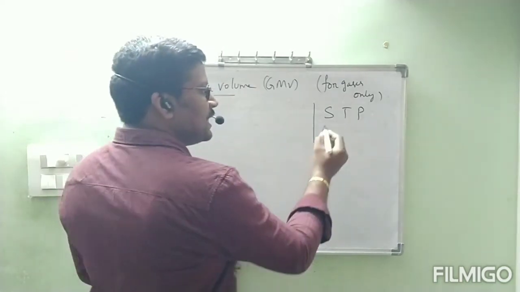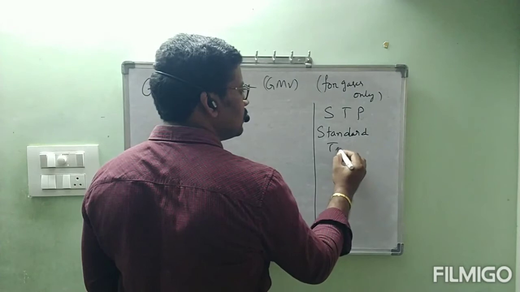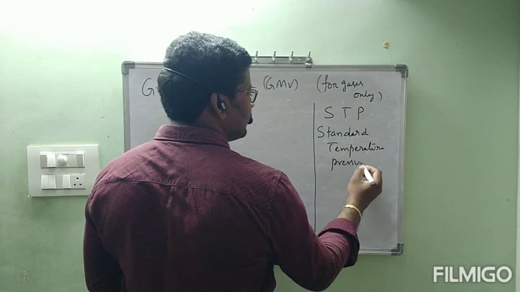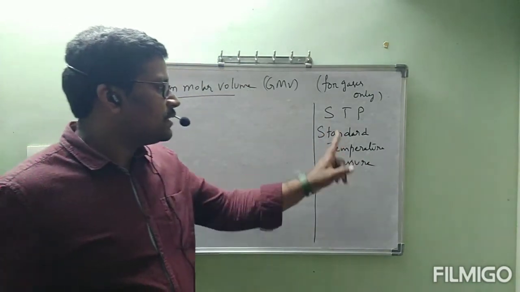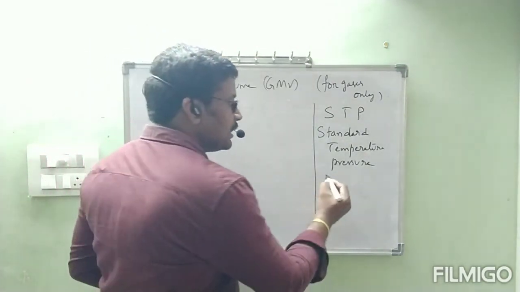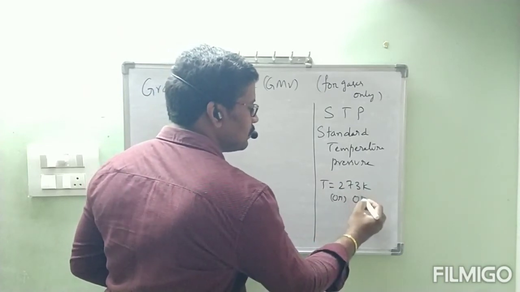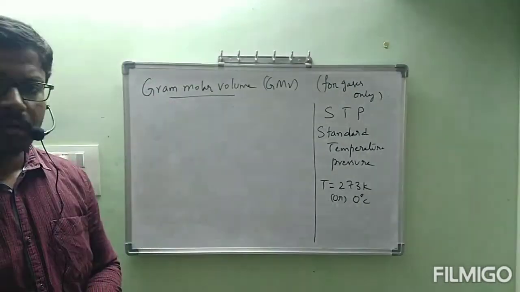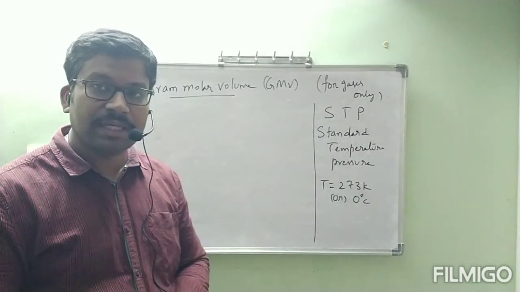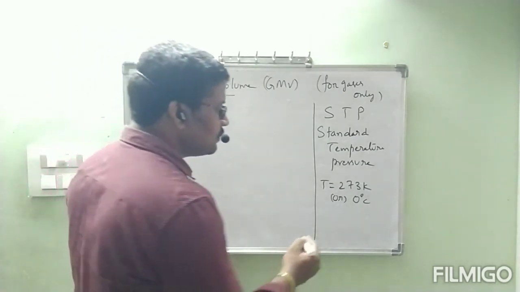Let us see. STP means standard temperature pressure. These are the conditions for temperature and pressure. At STP, temperature T is equal to 273 Kelvin or 0 degree centigrade. So at STP we have to maintain the temperature. Pressure is equal to